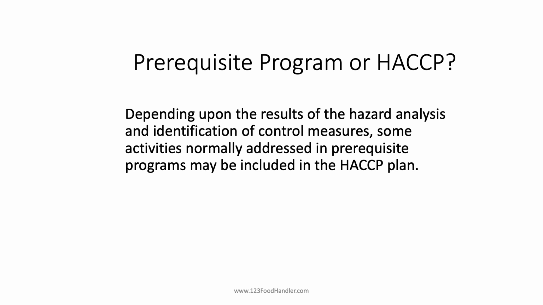So we need somebody with knowledge, someone with understanding of meat and poultry products and processes, to determine whether it's a prerequisite program or a HACCP. Depending on the results of our hazard analysis and the identification of control measures, some activities normally addressed in prerequisite programs may be included in a HACCP plan or may be better suited to be in our HACCP plan. That's why we need someone knowledgeable. We need someone to take this training as a catalyst and move through science, move through technology, and understand every detail of everything you do all the time. You're the HACCP coordinator. We're counting on you.